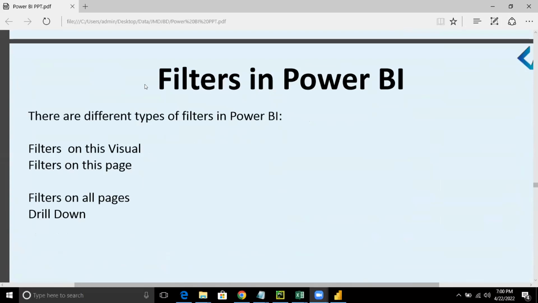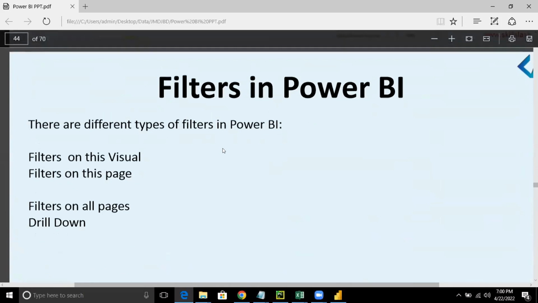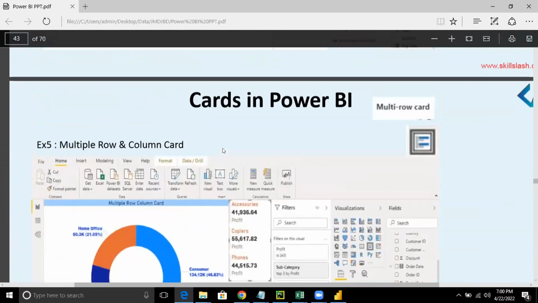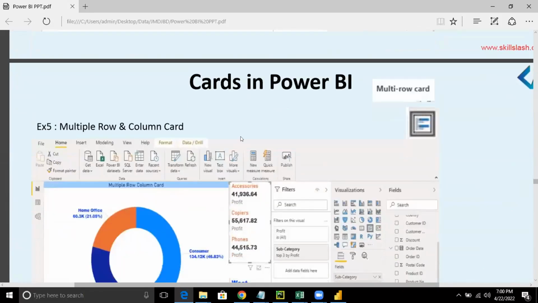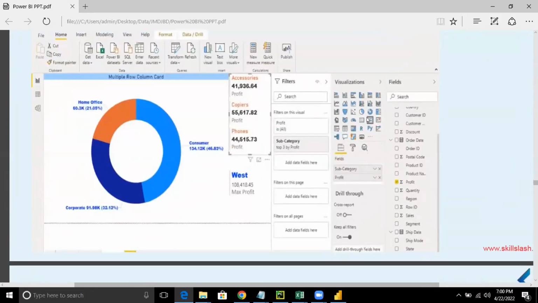Yeah, definitely. As we come back from the break, I can show you the options. I've already been telling you how to make it. You can see over here, for example, cards in Power BI is an option, right? So this is what you all have to do. You just need to select the card option. Once we come back from the break, I'll show you also. You will select the field, subcategory and profit. And then all you will do is add drill down fields here if you want to add the filter. So once you come back from the break, I can make this graph and I can also show you.